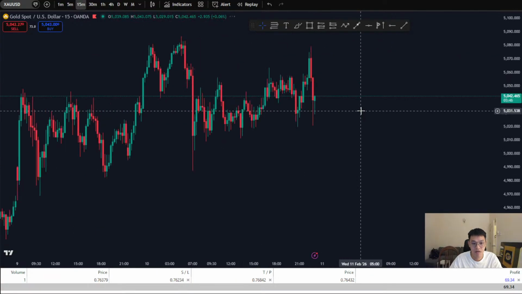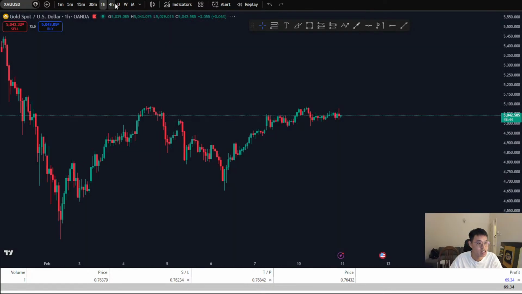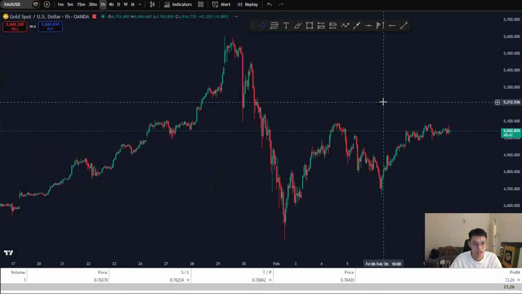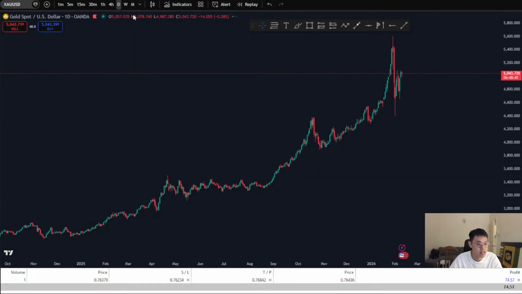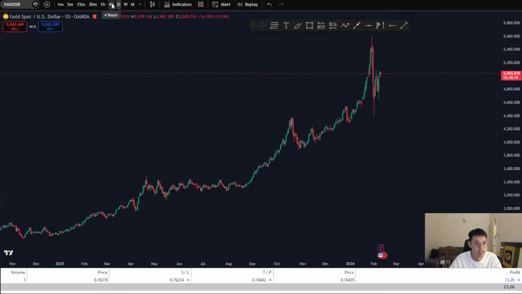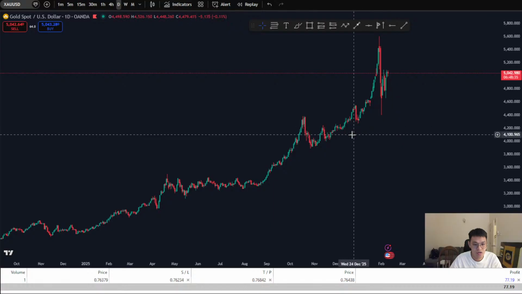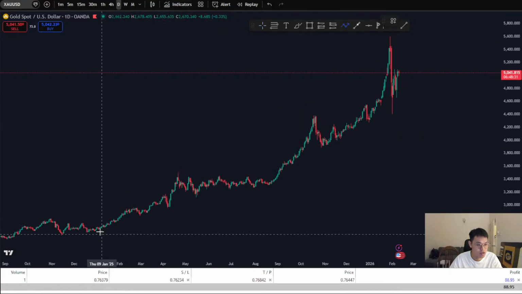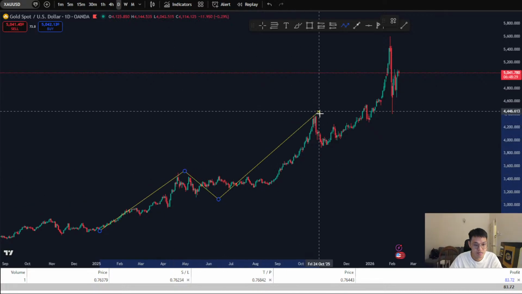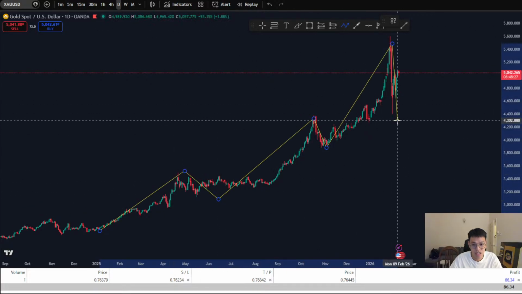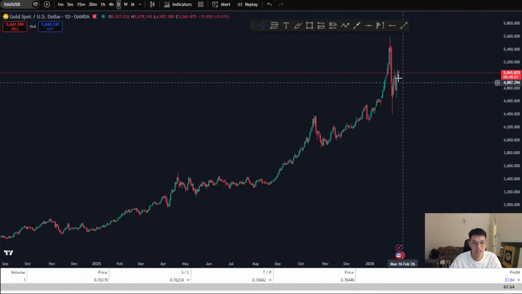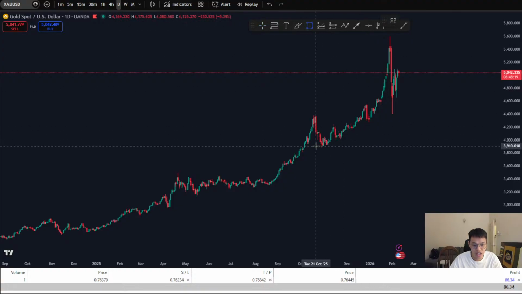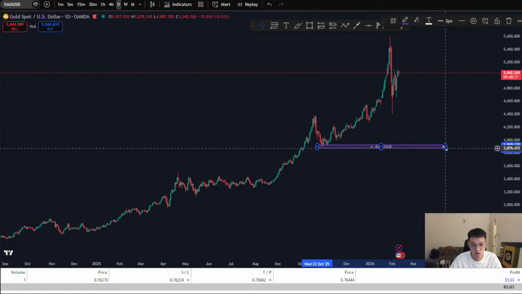Based on what I see, let's look at the day chart first. In the day chart, the price of gold still maintains the uptrend structure. For me, as long as the price in the day chart doesn't break the significant low,